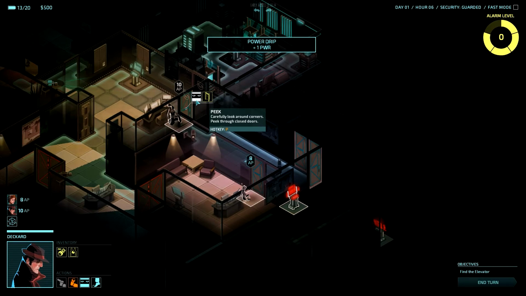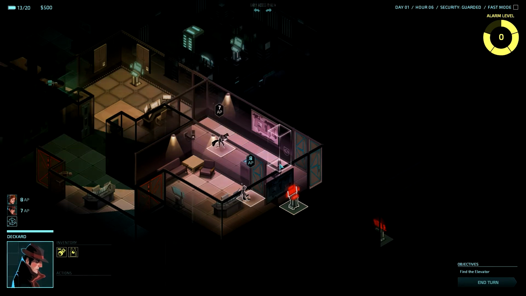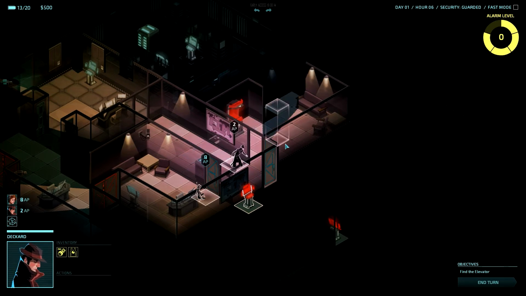Right, so let's... So peek actually costs 1 AP, I believe. So we're just going to open the door for free, and pray there's no one there. And then we'll move Deckard down here. And now we can peek through this door and see what's in here. Doesn't look like there's anything in here. So I'm going to open the door and...